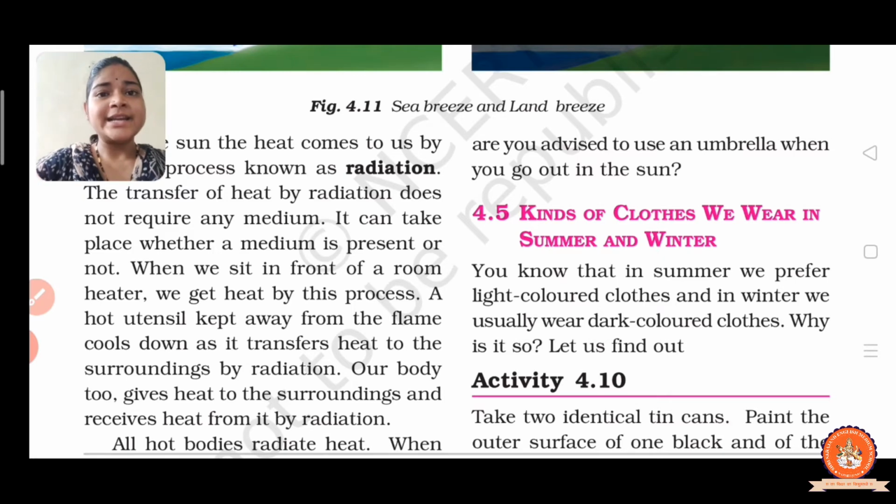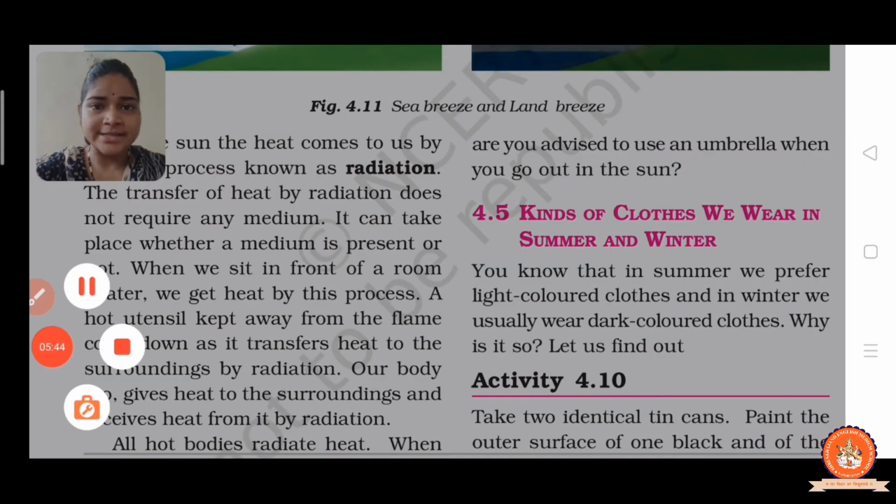Right? And one more example is that when we boil milk or water, you feel that the air surrounding the container becomes hot or warm due to the process of radiation, right? Why is it? Because it is a hot object which radiates the heat in all directions. Got it? So these are the examples of radiation.